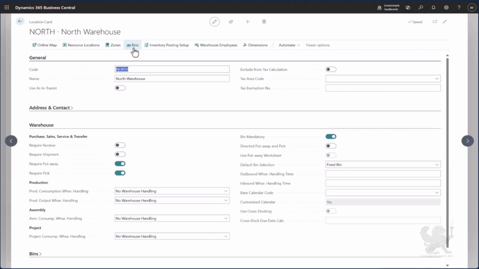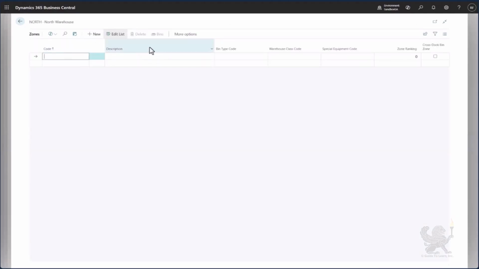But zones can also be very interesting, so let's open zones because we are going to configure several zones in our Basic Warehouse configuration. As you can see, we don't have any zone. What is mandatory to configure is the code, and the other parameters are optional, but they are very nice to use. Let's configure the first zone, and it will be staging